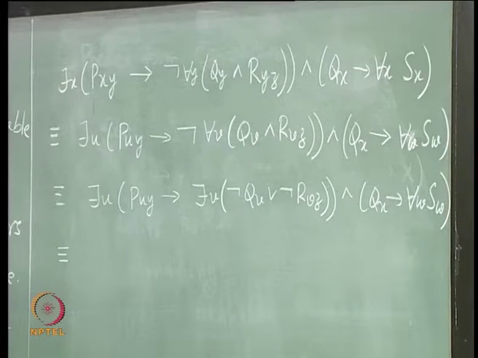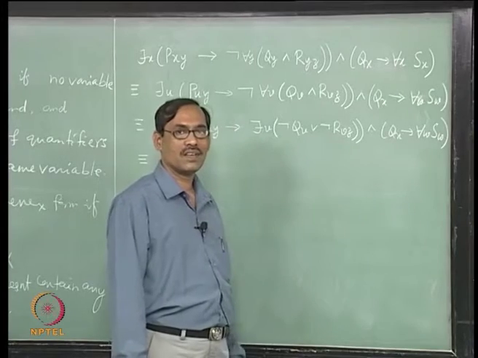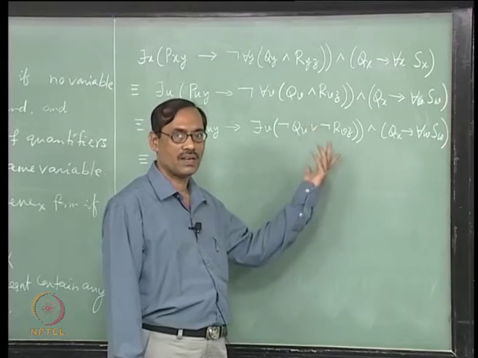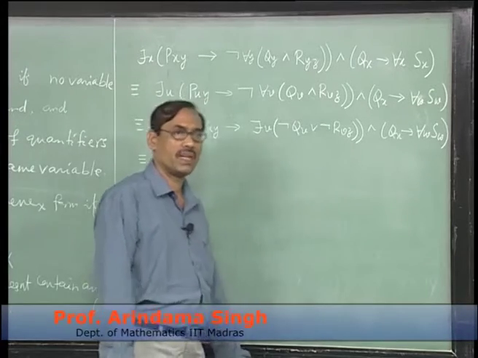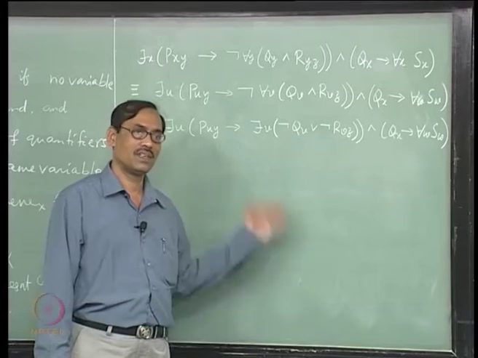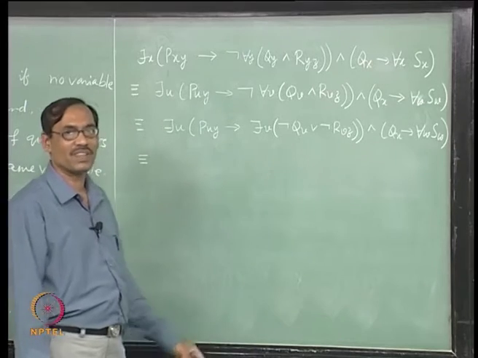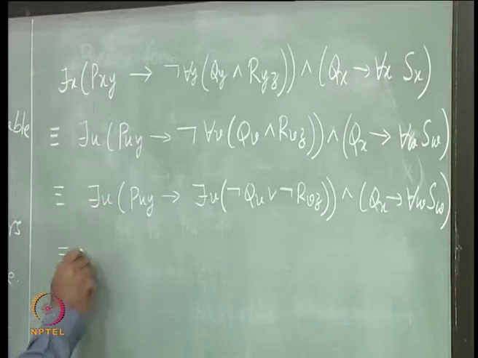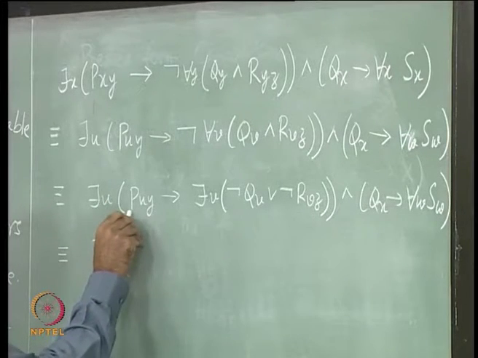So, next is the distribution laws to pull the quantifiers to the beginning. Usually it will be easier if you start from the innermost things, you have to start from somewhere. If you can identify the innermost, it will be easier manually, but in a machine when it is implemented, it will go from the left side, it just scans from the left, whatever it finds it tries to pull it. So, let us follow that, see what happens. So, this becomes there is u, it is already in the beginning, I do not have to do anything. Now, this is the formula.